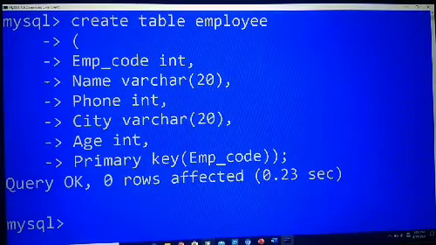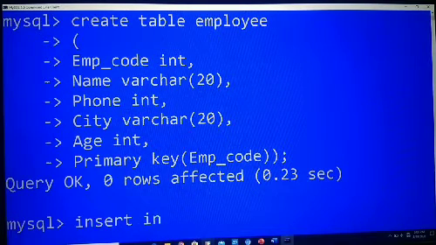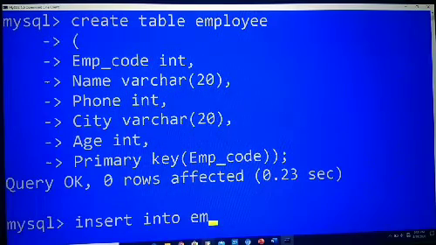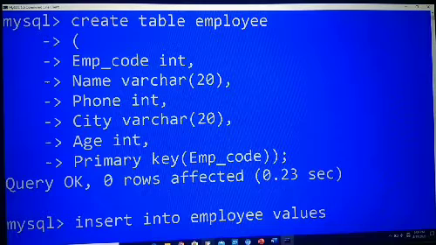So to insert value, we will write command insert into our table name. Our table name is employee, values. Then after we will write our values.